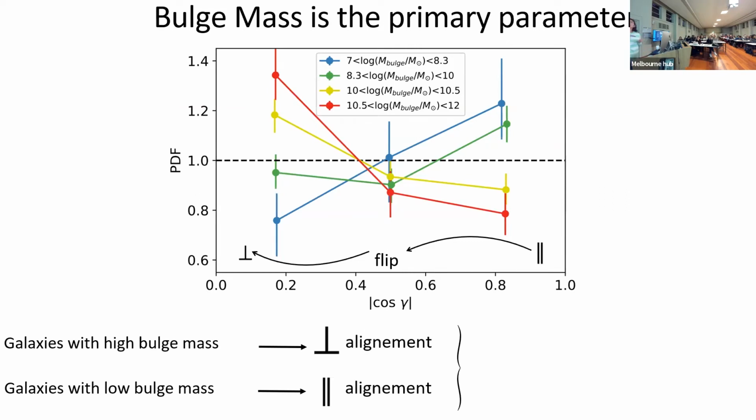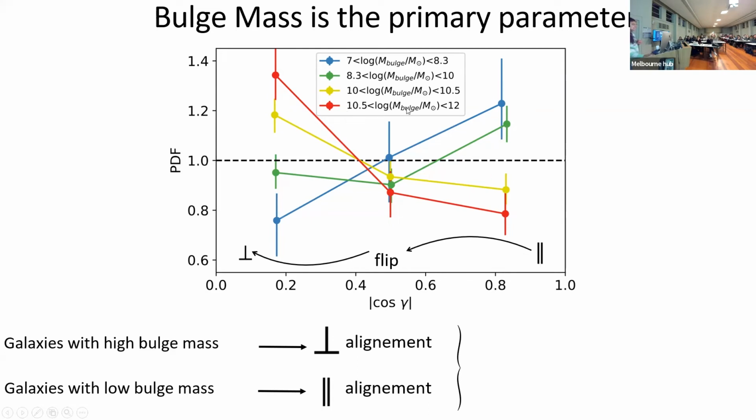And in this plot, on the left, I have the probability distribution function, and on the x-axis, the spin-filament alignment angle from 0 to 1. And we divided galaxies according to the mass of the bulge. And we can see that galaxies that have low bulge mass tend to have more parallel alignment. So this one in blue, you can see that they tend to have a value towards 1, so more parallel